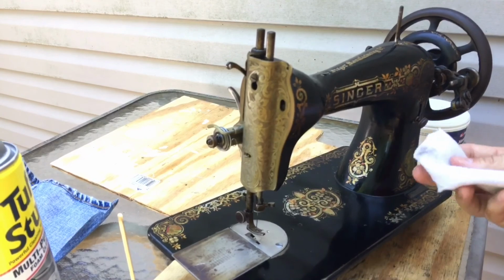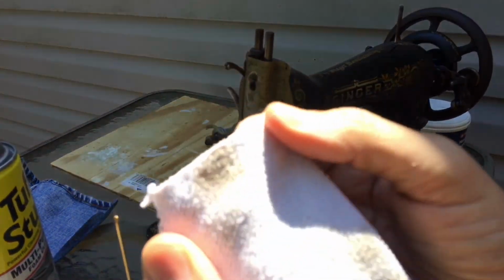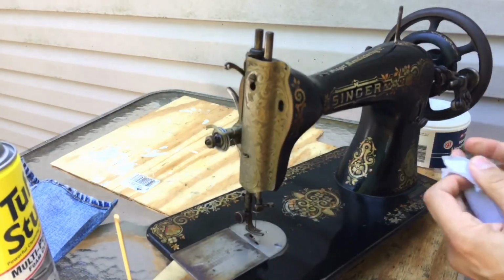And you have to ask yourself, is it worth it? And look at all the soiling it pulled off. It pulled it off quicker and I'm getting more,